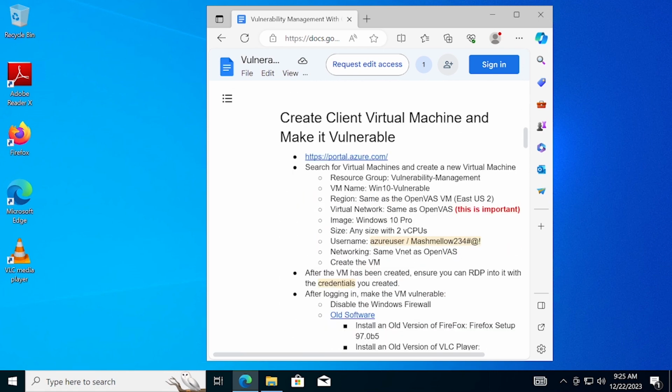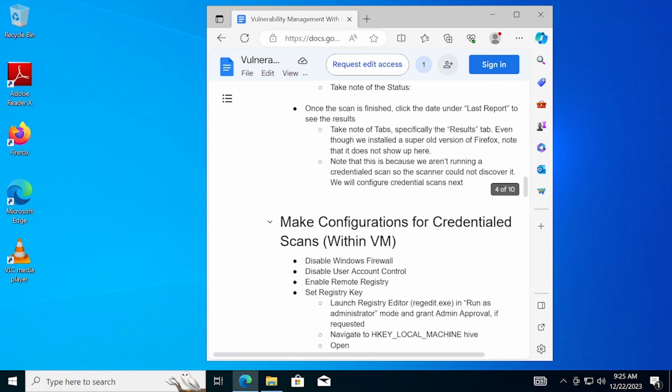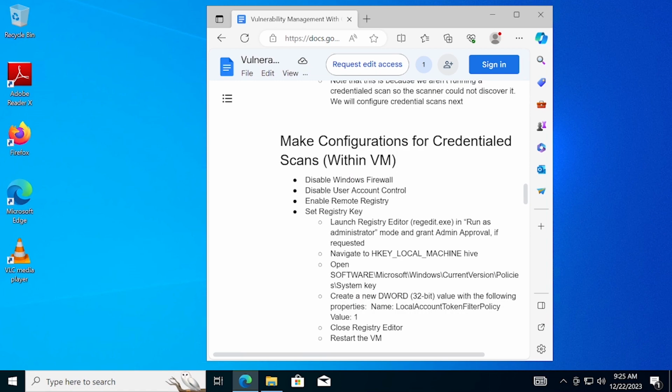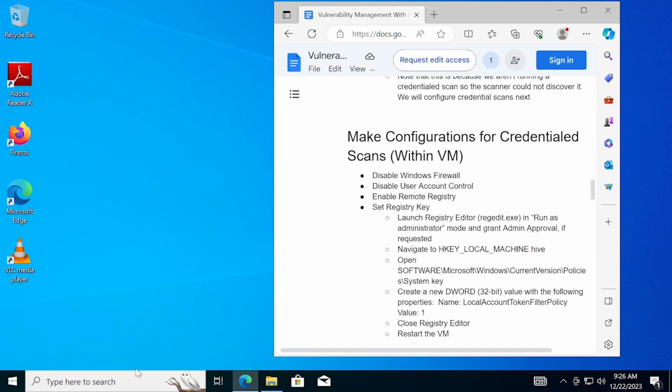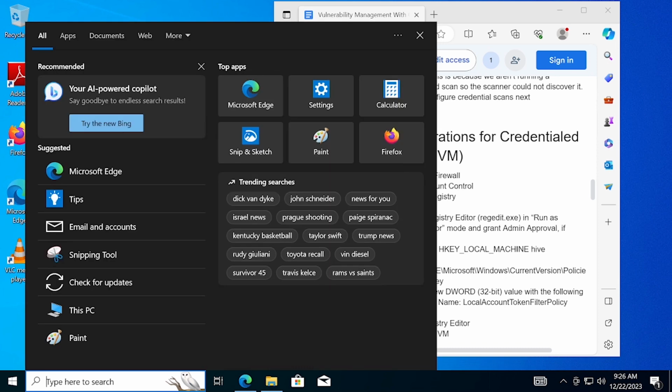Okay, so this is where we are. So we've disabled our Windows firewall. So we are going to go over here and type